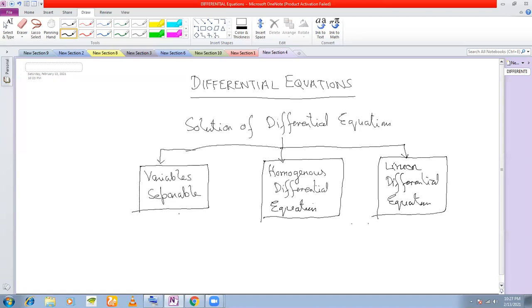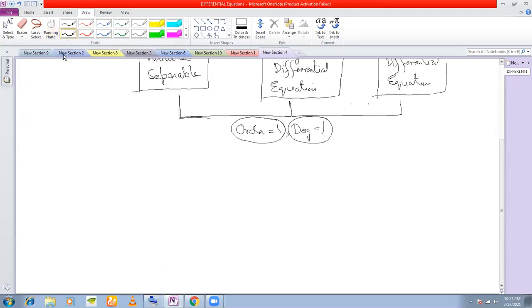Now remember, all these equations, in your syllabus you have order 1 and degree 1. Okay, you don't have order 2 and degree 2, order 3 and degree 1. All those combinations you don't have. All these equations will have one thing in common, that is they will be of the first order, and the degree of the differential equation will be 1 in all of these. Clear with this? This is what is there in your syllabus.